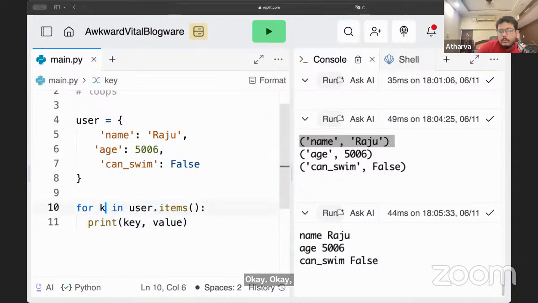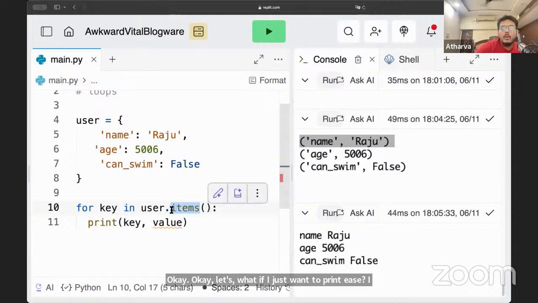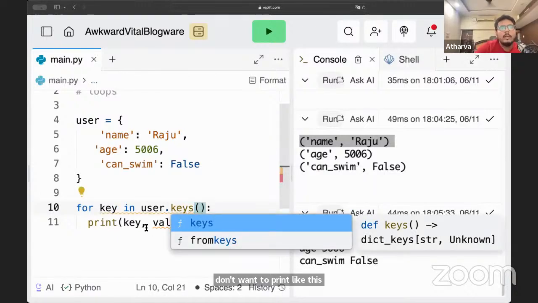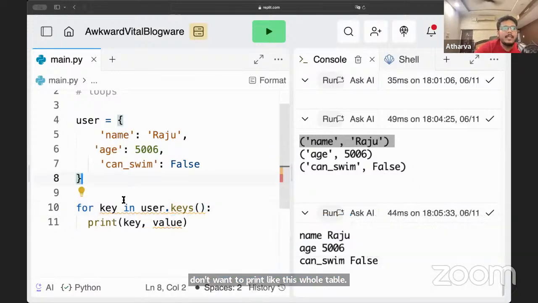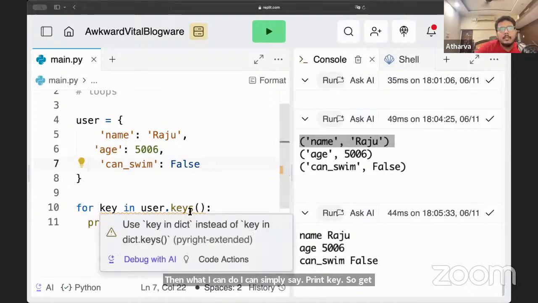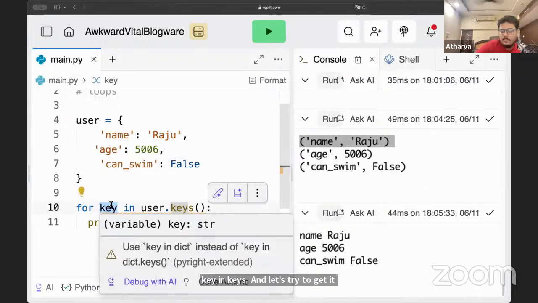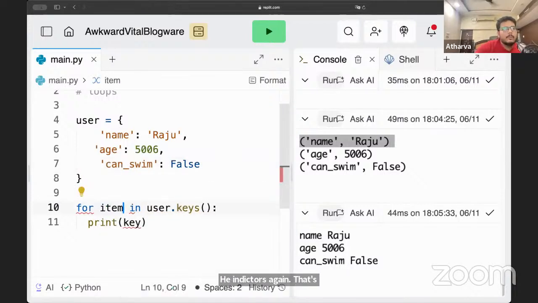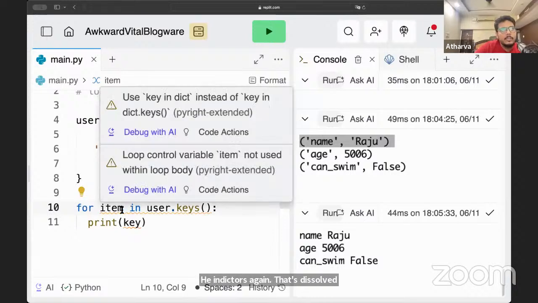What if I just want to print keys? I don't want to print like this whole tuple. Then what I can do? I can simply say print key. So get key in keys. And let's try to get it. Key in dict is okay. That's reserved. So use key in dict instead of key.